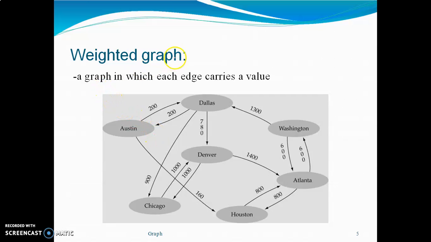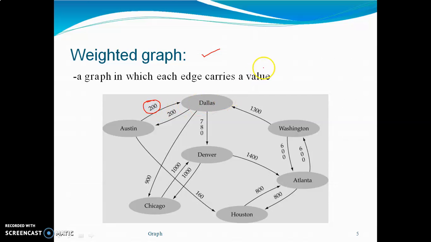Another type of graph is the weighted graph. In a graph with direction, we can write true or false: if there is an edge from one vertex to another, we can write that there is an edge from vertex A to vertex B. So there is a true or false, whether there is an edge or not. Only that we can write. But in some graphs, we need to write the weight of the edge also. How much the edge costs, how much the edge weighs, we can mention in terms of a number.